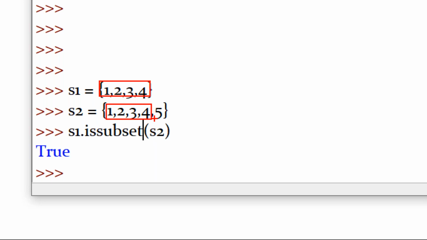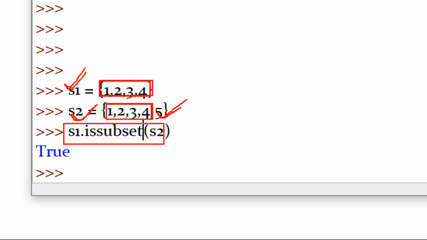We don't mind. What we require here is whether all elements of S1 are there in S2 or not. If all are there, then S1 is a subset and S2 is a superset. That's why S1 is subset of S2.